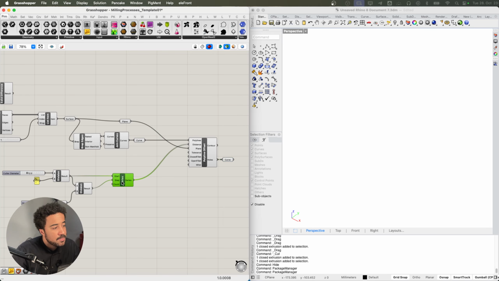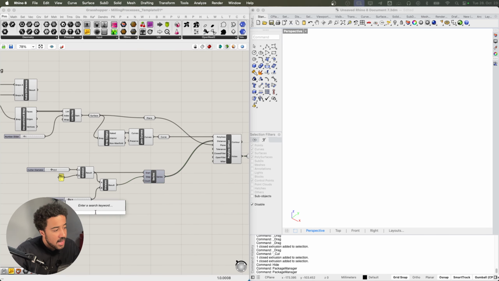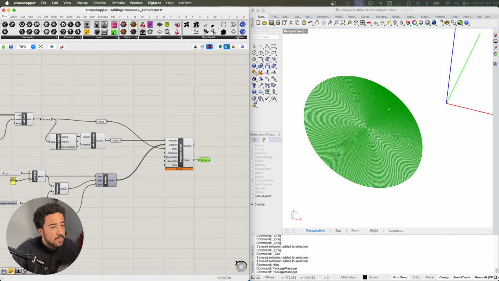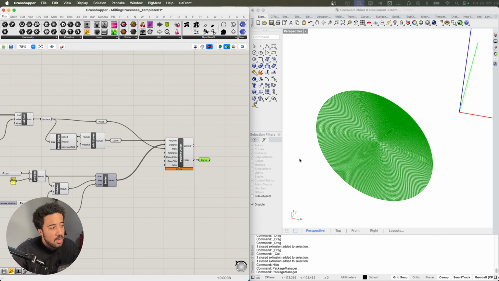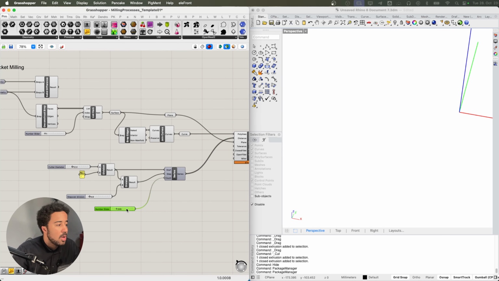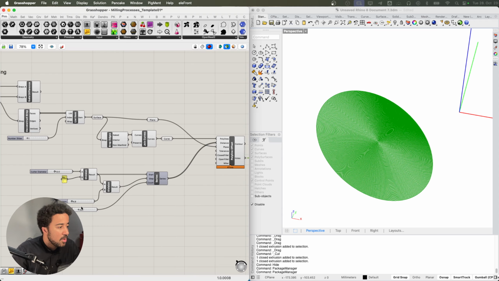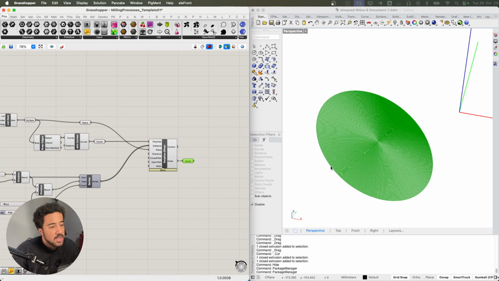But in our case, I will simply add a number slider that should be more than enough, maybe 200. And then I just have enough curves. This is a bit of a crude method, but it should also be enough depending on the geometry that you have. Of course, if you use way too many, this will take quite a while. So make sure you're not using a crazy amount, but just enough to fill the entire